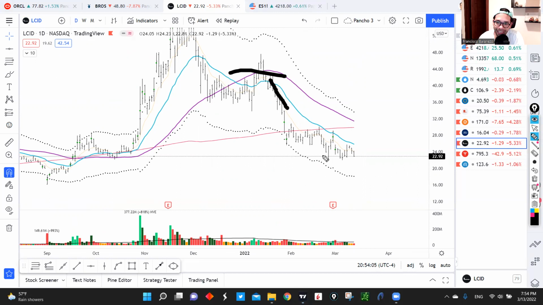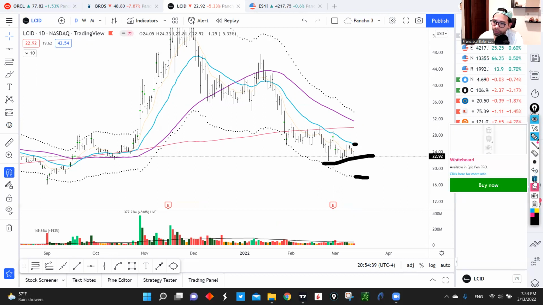We're coming below this 8 exponential moving average, and we are unable to go above this 200 daily moving average, and now we're flagging. The company already reported earnings. We kind of have this bear flag, and we're looking also for a move all the way down to the -3 ATR extension right here. So what's the setup? The setup is basically using this 21 exponential as your covering guide, and then just looking for Lucid to break below this flag and go all the way to the -3 ATR extension.